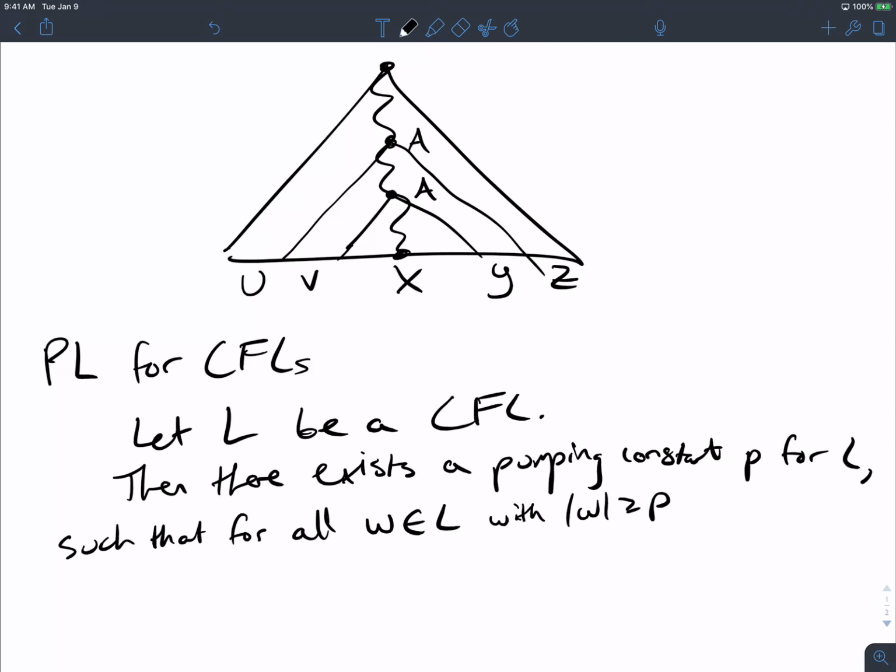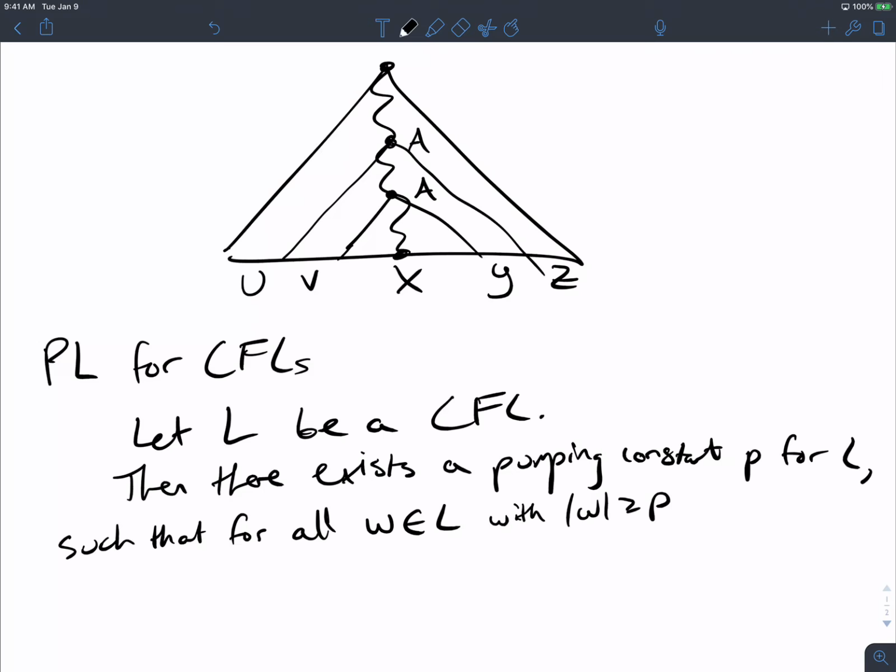Consider if it wasn't. Can I make a parse tree for the grammar if a string is not in the language of the grammar? No, it's not possible. So that's why we have w in the language, because we can make a parse tree for it. And because we're talking about parse trees, we better have the string in the language. Why do we need w to be at least a certain size? What does that guarantee for us?